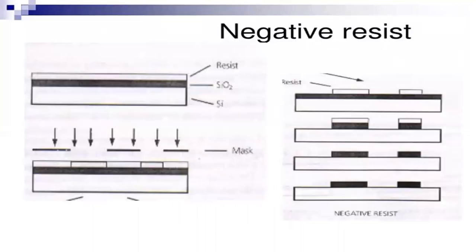And negative photoresist. You can observe the negative photoresist. What is the resist of the positive photoresist and negative photoresist? You can see the difference between them. It also has resist, silicon oxide and silicon, and the upper part of the mask is available, but the resist formation is different in the negative and positive photoresist.